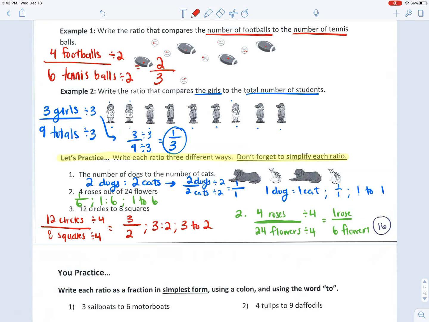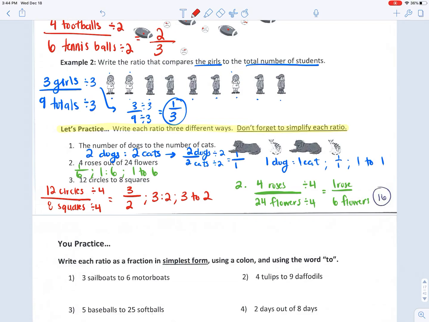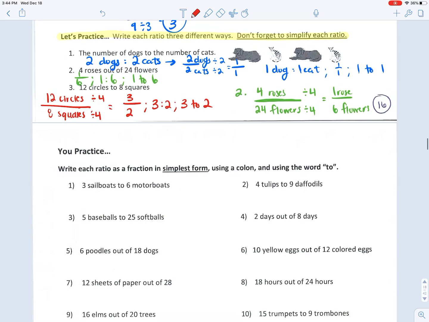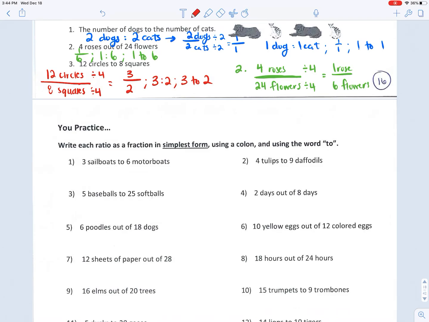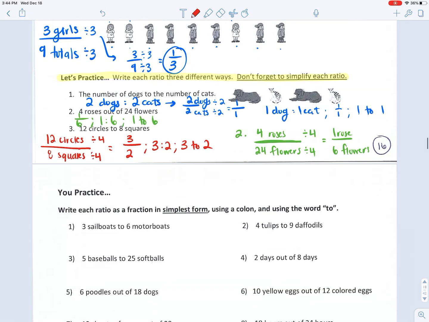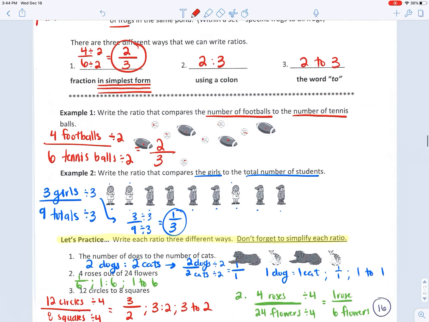Okay, so remember that you must follow the directions. The directions are super important, and if you follow them, you will get all of the points. You won't lose any points, okay? So please read the directions carefully, especially when you start page 17, which is your next task. It says to write each ratio as a fraction in simplest form, using a colon and using the word to, okay? So with that, you can go ahead and get started on page 17. Don't forget to show me that you completed page